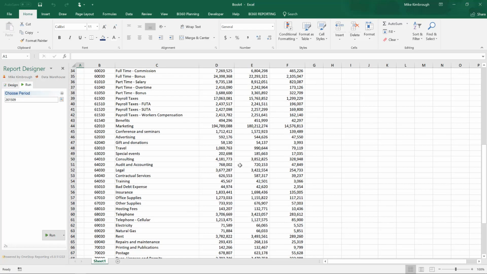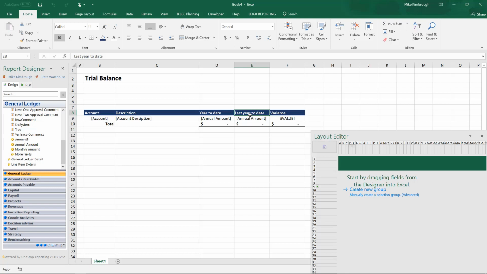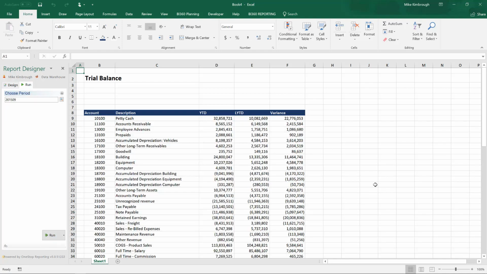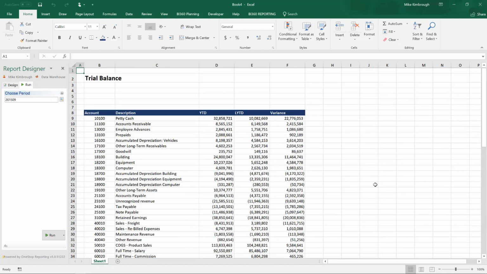Now this is the point where if I wanted to make any changes, I could come in here and simply do that. So if I just go back into the design side, let's just say I don't want it to say last year to date. I just want it to say last year to date or year to date, right? I can do that, and then I can again go back and run the report and make sure that that report looks exactly the way that I want it to, and I finish the report in what would take me less than 5 minutes. So that's BI360 quick reporting, quick build of a report,